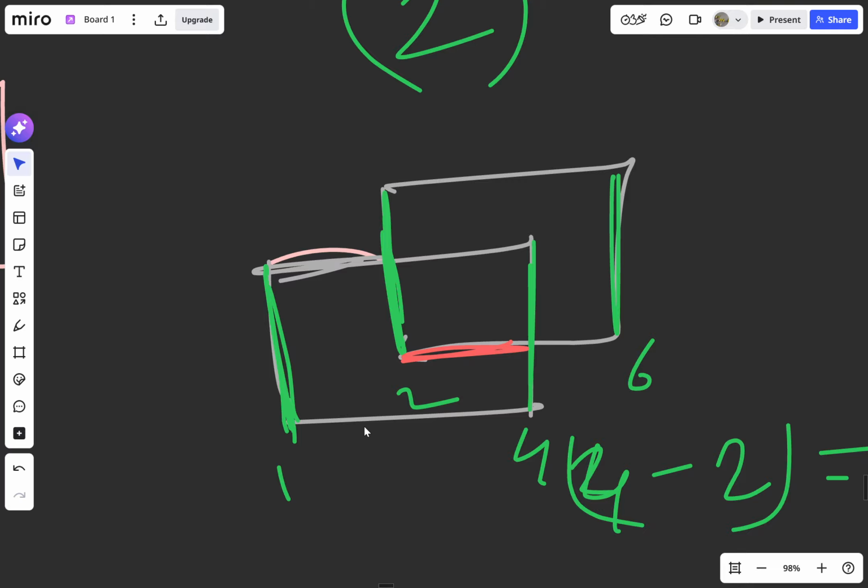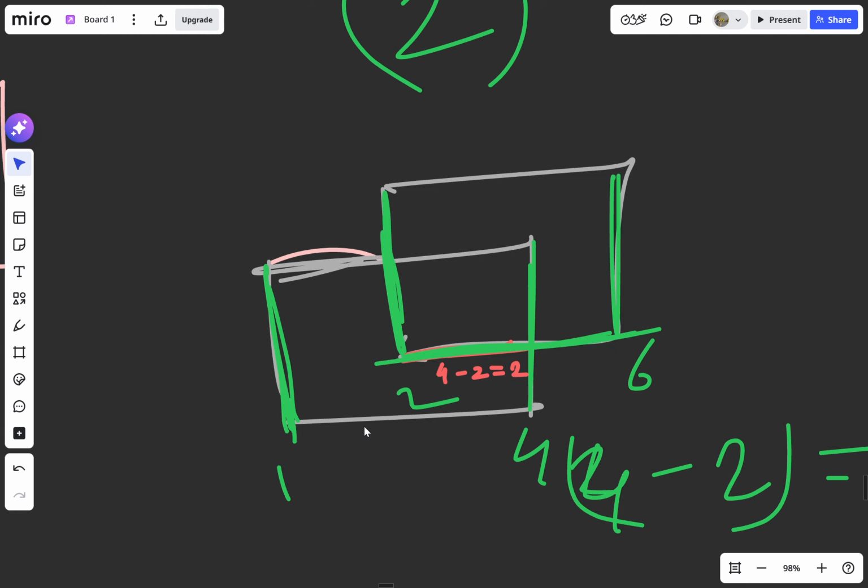By getting 4 minus 2, we will get this length. 4 minus 2 will be 2, so this will be 2. After this, we will take